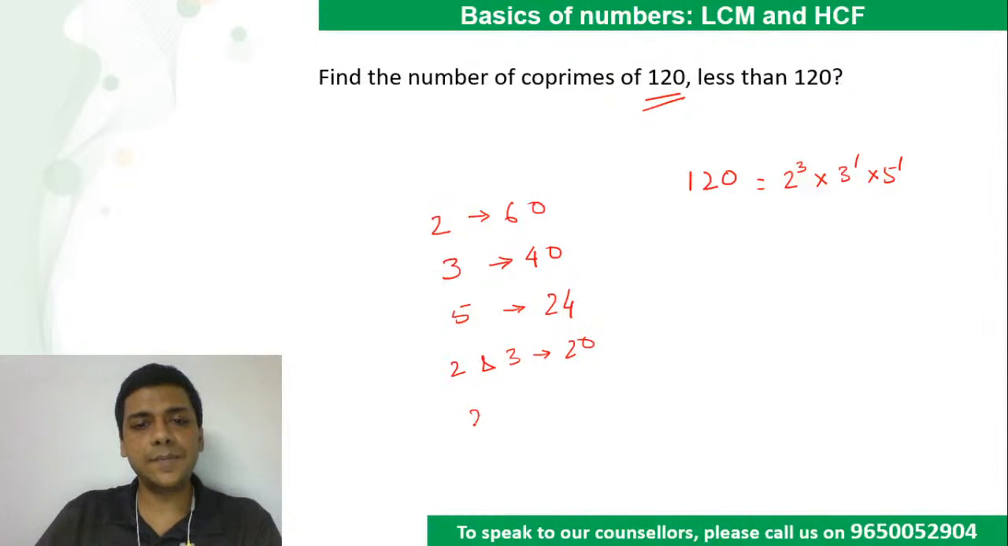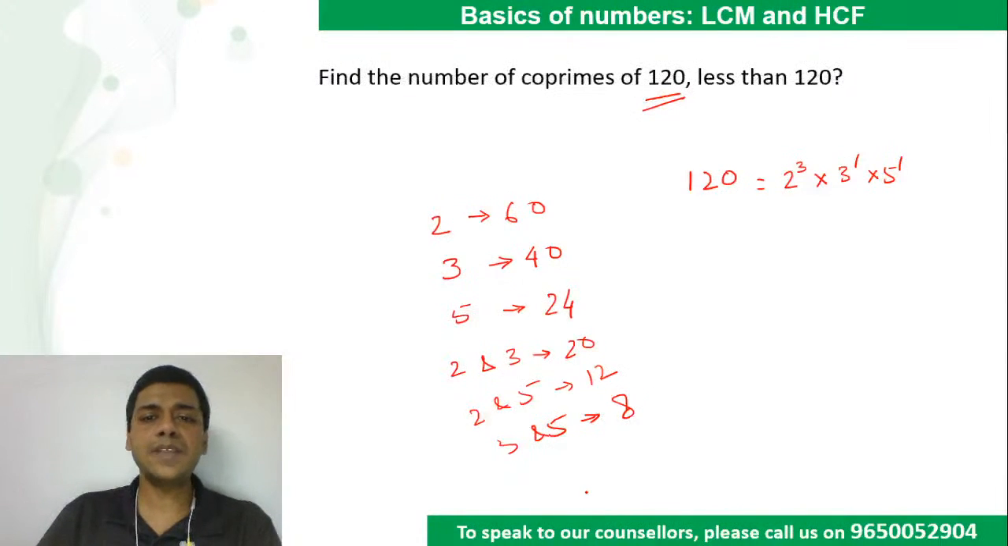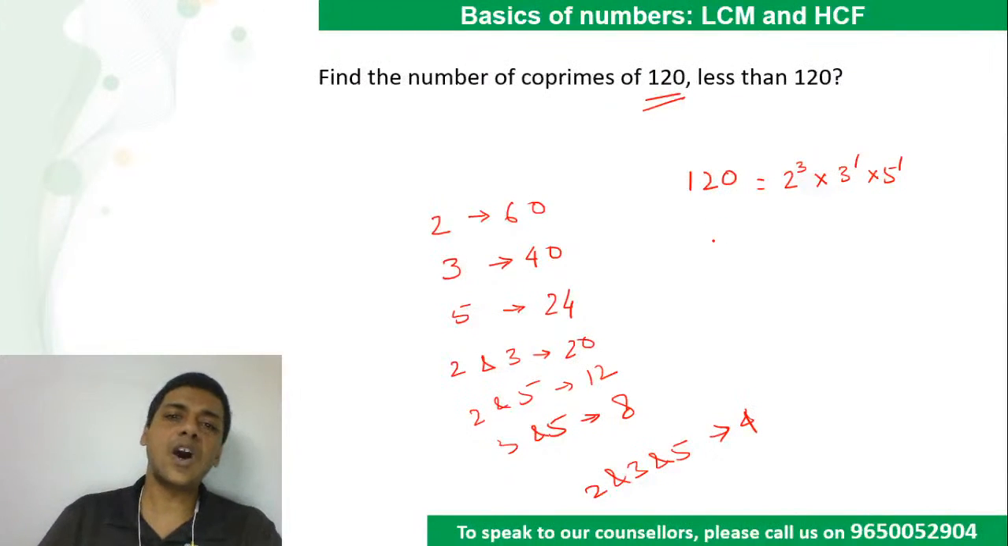How many numbers are multiples of 2 and 5? It will be 12. How many multiples of 3 and 5? So, 3 and 5 will be 8. Then how many numbers are multiples of 2 and 3 and 5? It will be 4. Now, when I say how many numbers are either multiple of 2 or multiple of 3